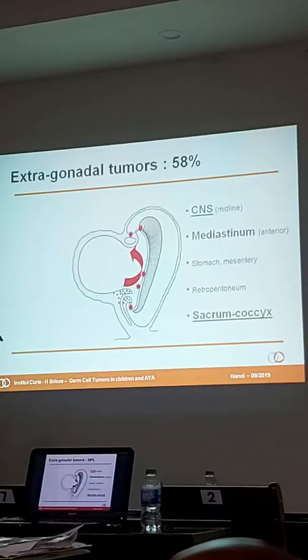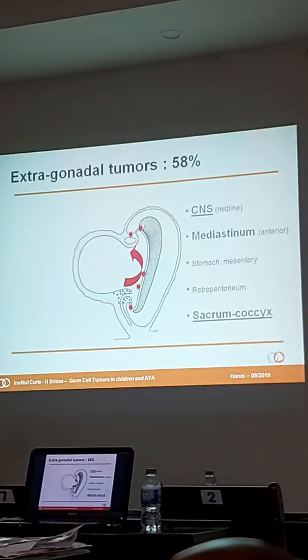Sometimes they migrate, but they stop here in the retroperitoneal area or along the digestive tract. So you can have some, but it's rare, but you can see some germ cell tumors in the retroperitoneum and near the stomach or in the mesentery. It can occur. And sometimes the germ cells can go beyond the genital crest. They can go upward and migrate along the midline